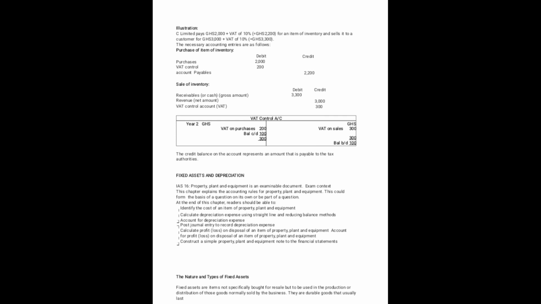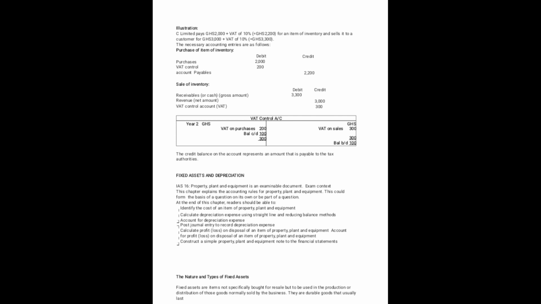So there's an illustration here. C Limited pays 2,000 plus VAT of 10%. So that means that the gross amount will be 2,200 for an item of inventory and sells it to a customer for 3,000. So the gross amount will rather be 3,300. So the necessary accounting entries are as follows. So purchases of an item of inventory. So we are looking at purchases